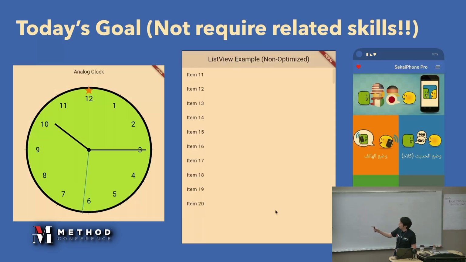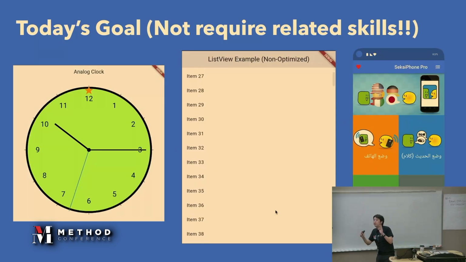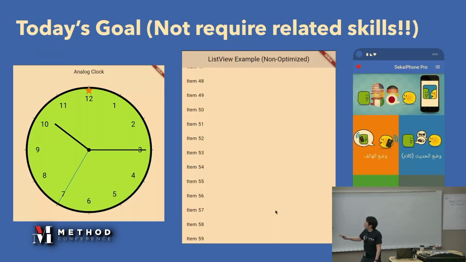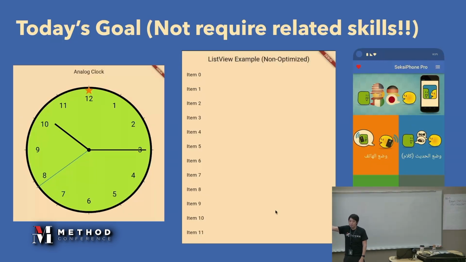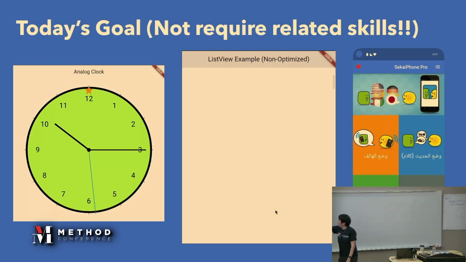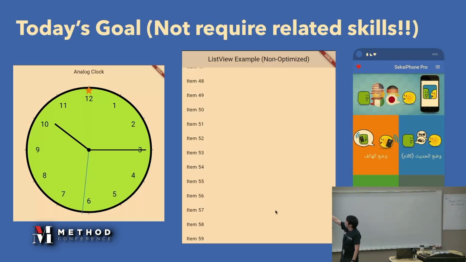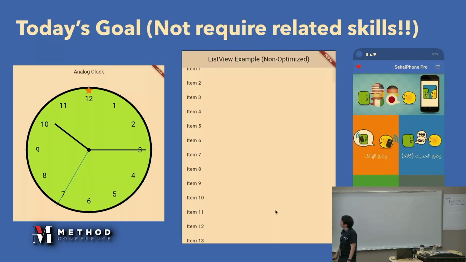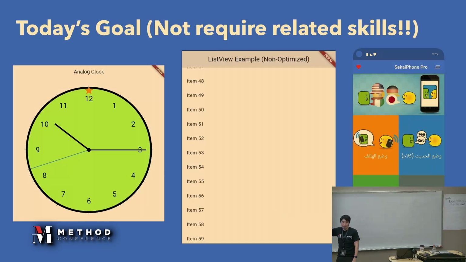Today's goal is here. Even if you are not familiar with mobile app development, you can develop simple apps like this. The center figure is just this screen, but unfortunately, the center one has a performance problem.